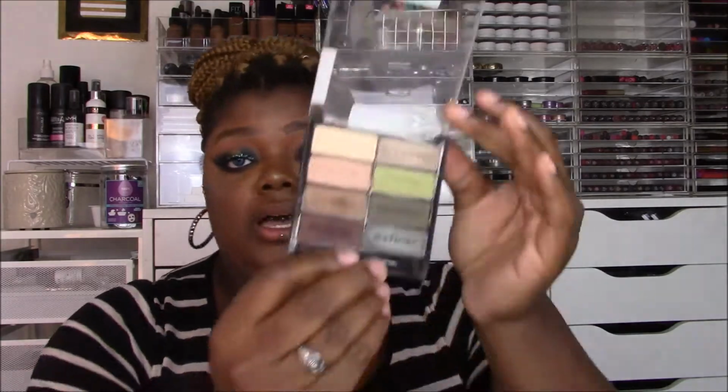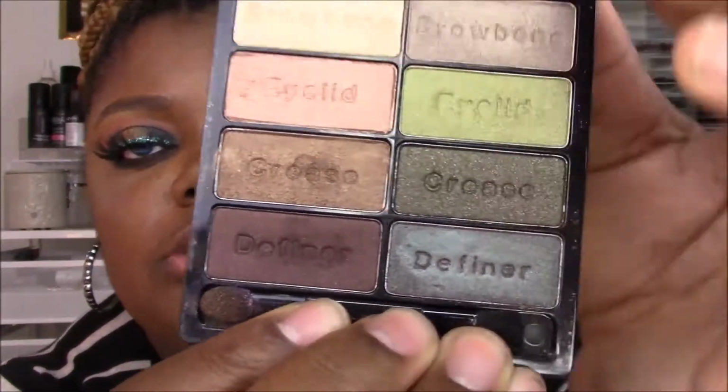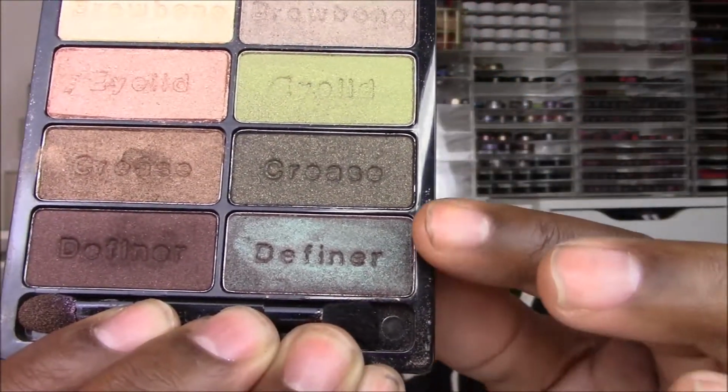This palette, $5. The Wet n Wild Comfort Zone palette, and it's this bottom definer shade. Again, this one looks kind of greenish. Stop. Kind of greenish. No, it doesn't. Kind of taupey silver, actually, in the pan. But upon swatching it,